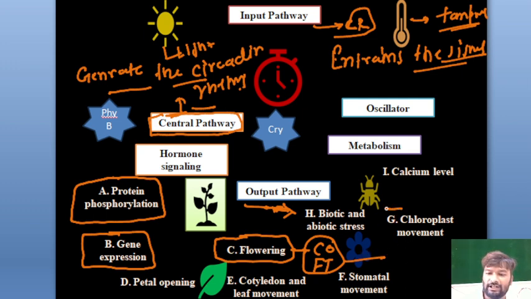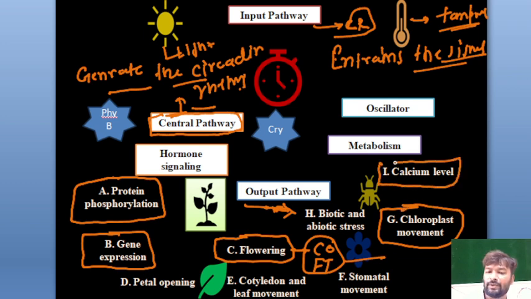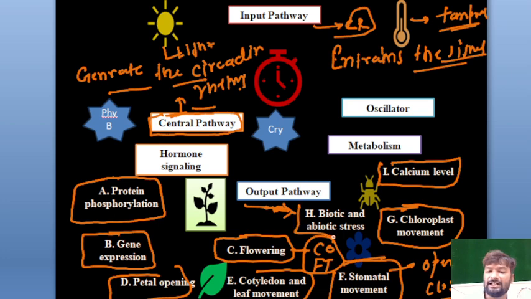Then it regulates chloroplast movement. It also regulates the level of calcium. It also regulates the stomatal movements, meaning opening and closing of stomata. It also regulates leaf movements, opening of petals, and recently they were found to regulate the biotic and